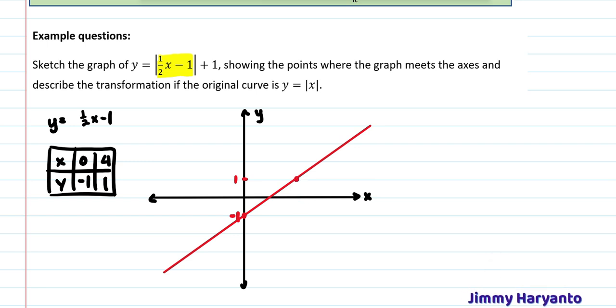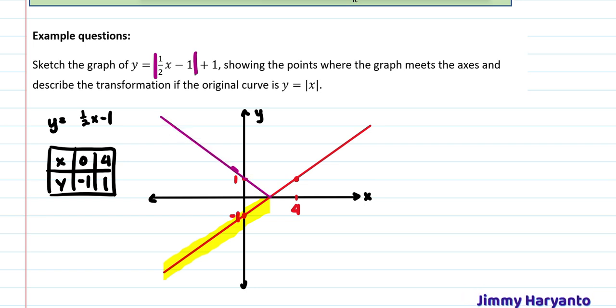So this is how you sketch it. Okay, so this is the function without modulus, right? But we still have the modulus sign right here. That means you have to switch. You have to reflect the parts of the line below the x-axis, and it will be reflected to above the x-axis. If you see the line, this one is below the x-axis. You have to reflect it in the x-axis, so it will be going up like this.